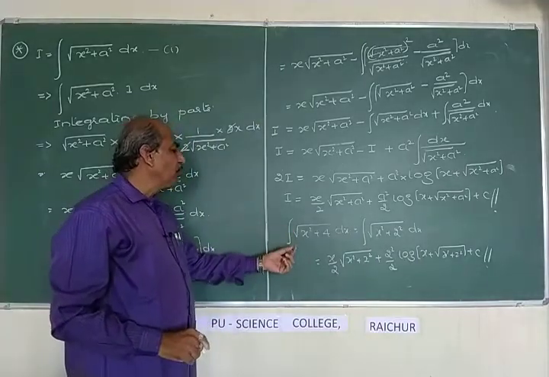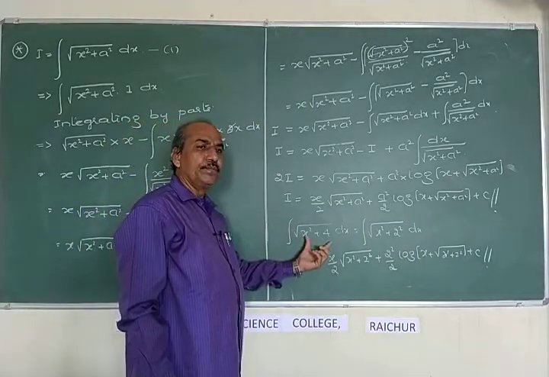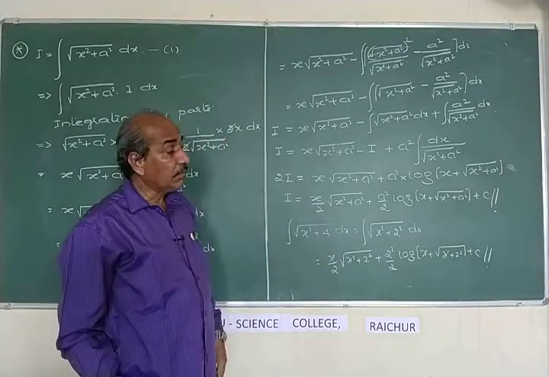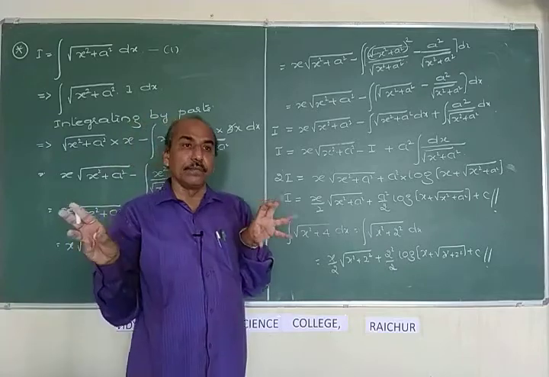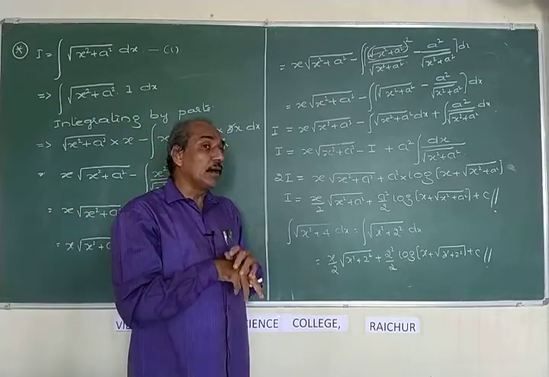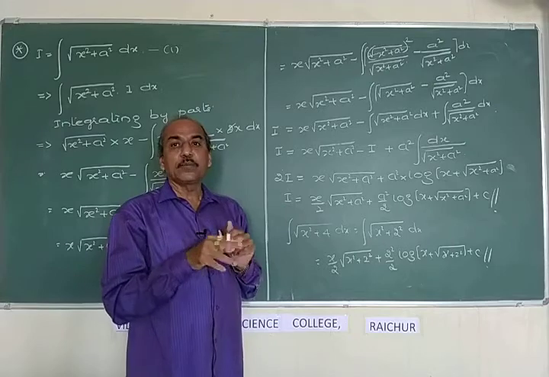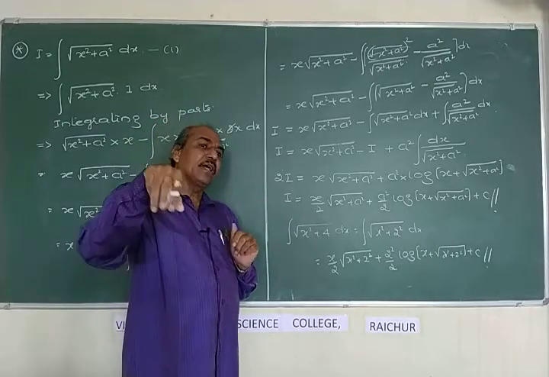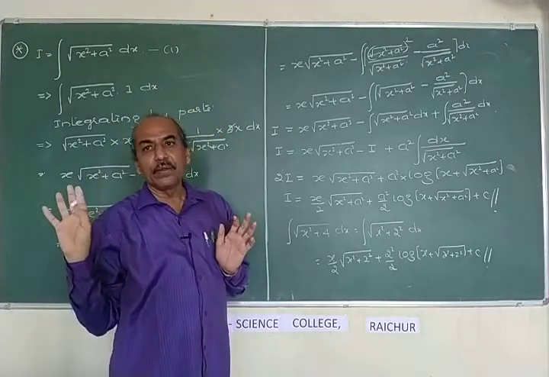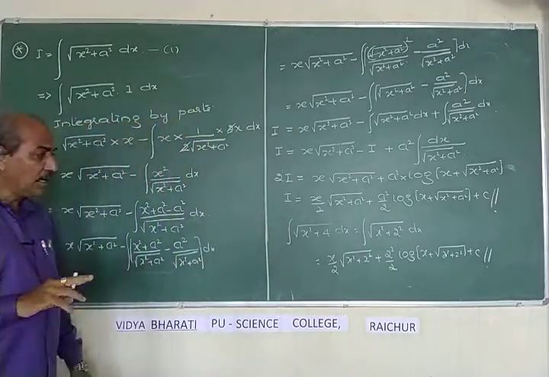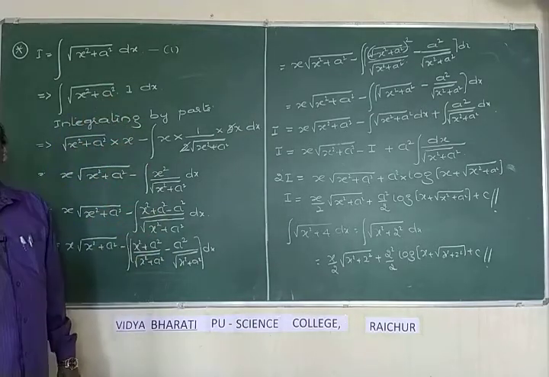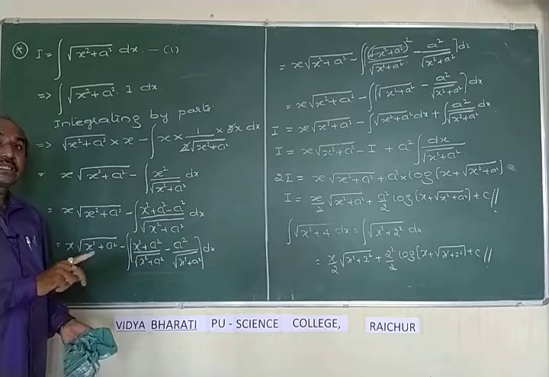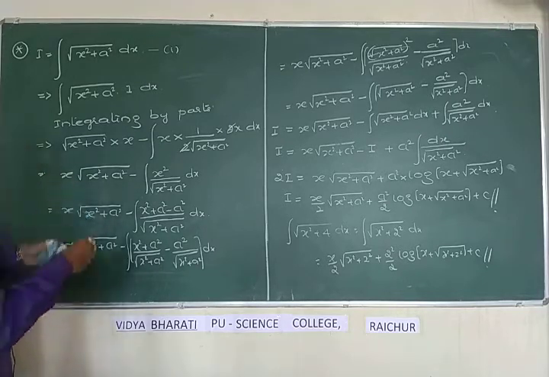Okay. A simple example like this they will give in the examination also. Here you must write this 4 as 2 square. Sometimes they will give a quadratic expression. That also we have done, how to make it a perfect square: x plus half of the coefficient of x, the whole square, plus the constant term minus the square of half of the coefficient of x. That formula you must use, and wherever you find x you must replace that value. This is formula number 6. 6 is over, now the 7th, the 8th one you see.